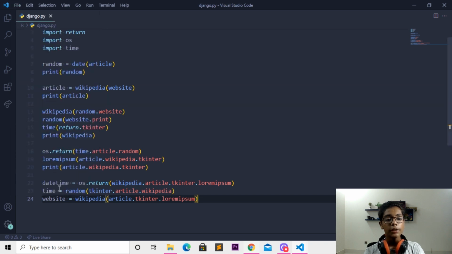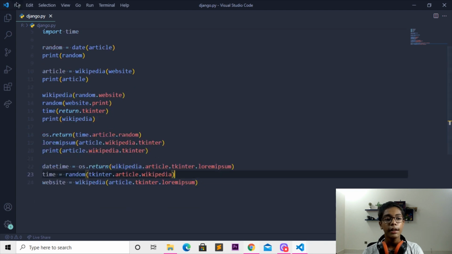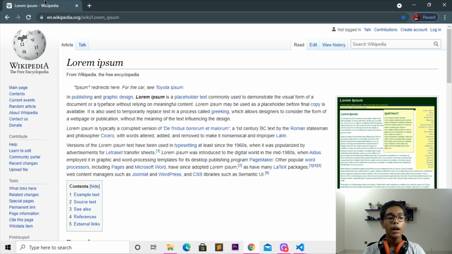Now we also have to name our website, the name under which you show your article in your front end Tickenter. So we have written the name of the website, which is called Wikipedia, and it will be showing our Tickenter, meaning our lorem ipsum article, at the front end. When you're done with that, just save it, which we have done now. Then if I show you in Google Chrome,